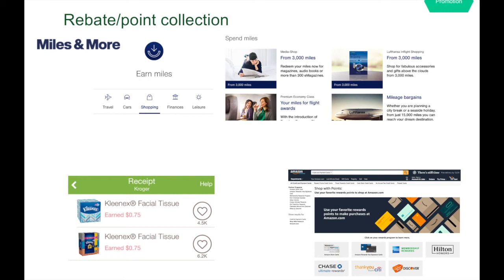So what they have basically been doing, they know that some customers have points at Hilton Hotel or Chase or whatever it is, and they don't use these points. So Amazon is basically allowing customers to use the points of another system to pay at Amazon. So Amazon found a way to actually